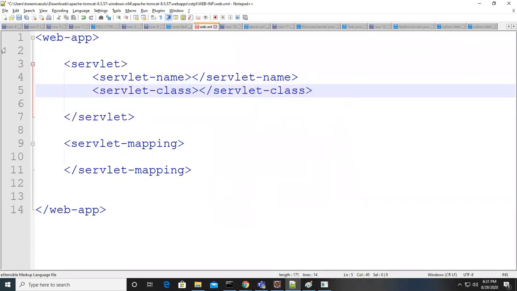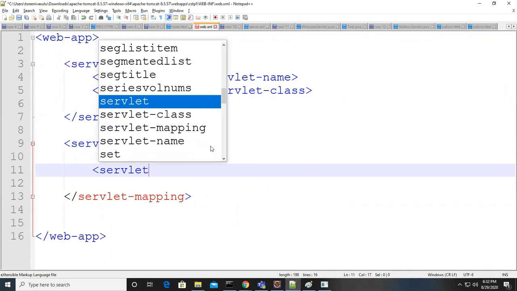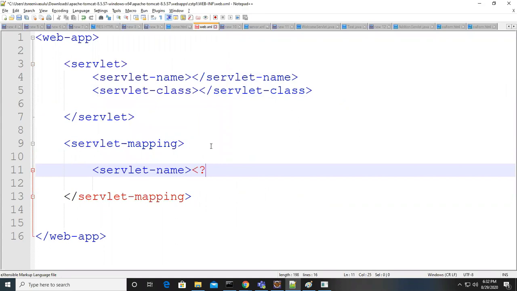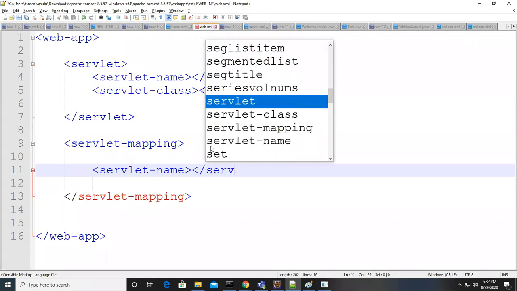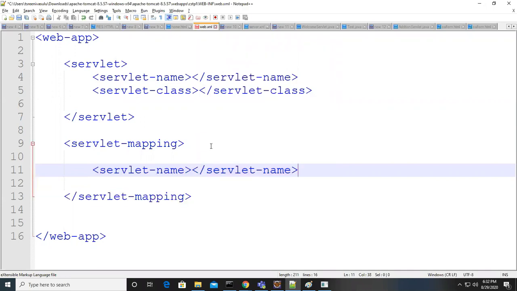So these are the two tags. And under the servlet mapping tag, we need to have two things again. The same tag, servlet name, the starting tag and servlet name.